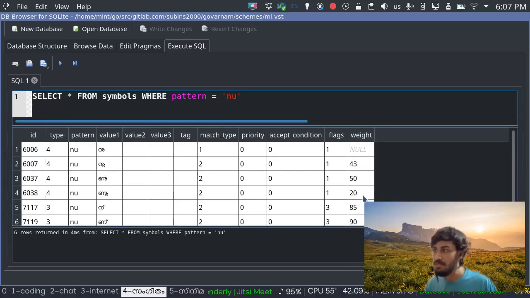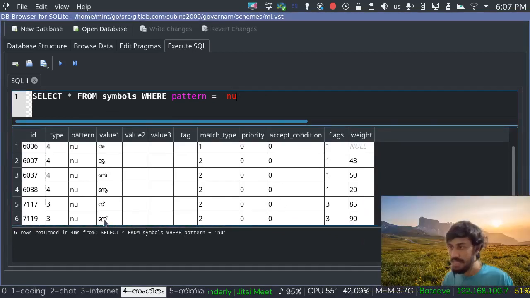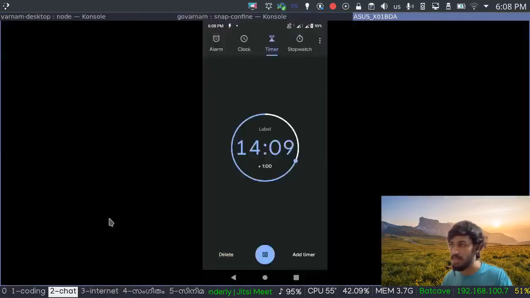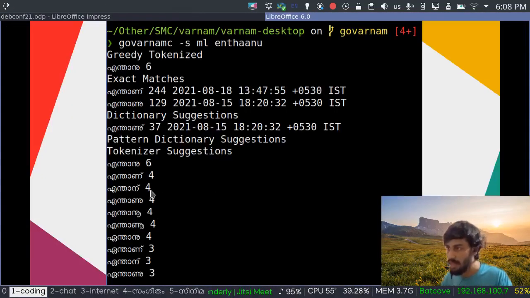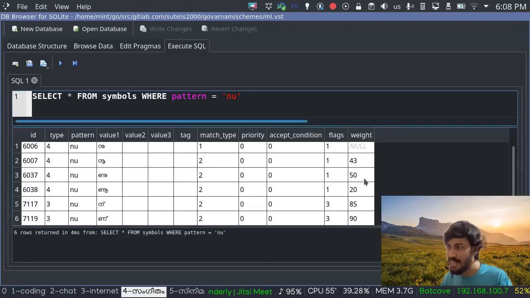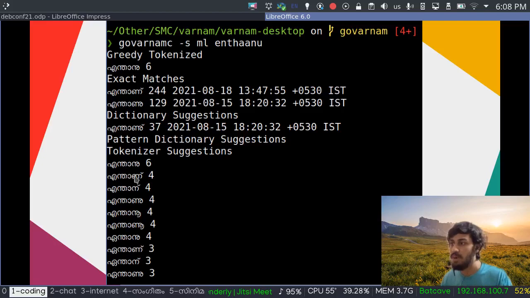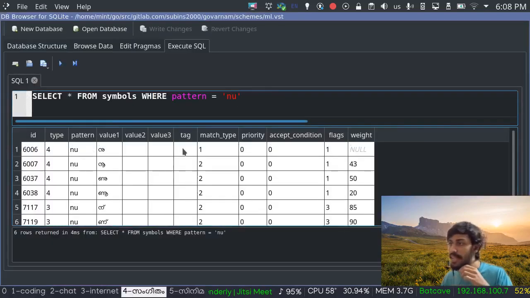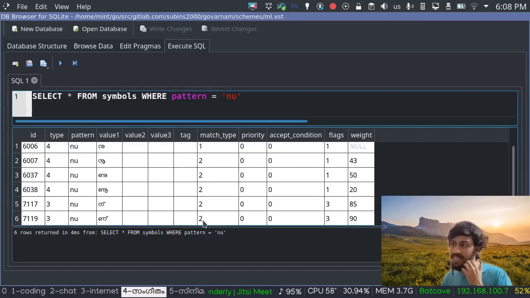So n has the 90 weight, so it will have the most priority. You can see that there is a weight output here. This value is calculated according to the weight here. The more the weight, the more the weight of the tokenizer. That's why new will be the first one, because new is the exact match. It's the primary match. These are all the secondary.